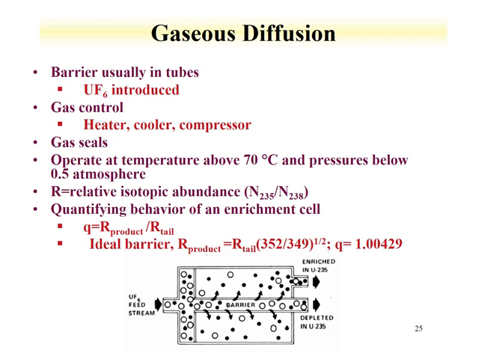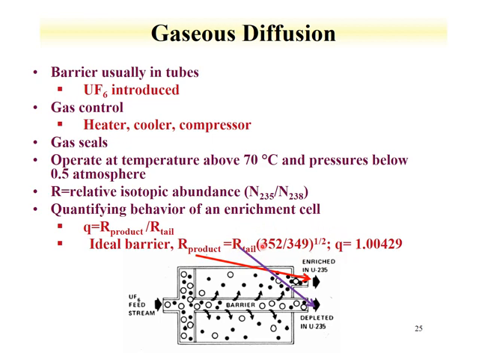You can quantify the behavior of an enrichment cell by this factor, being the R of the product and the R of the tail, where R is the relative isotopic abundance, the number of 235 divided by the number of 238 atoms. From an ideal barrier, we would have the tail, what makes it through the diffusion barrier, and the product, what comes on the other side. The product would be equal to the R of the tail